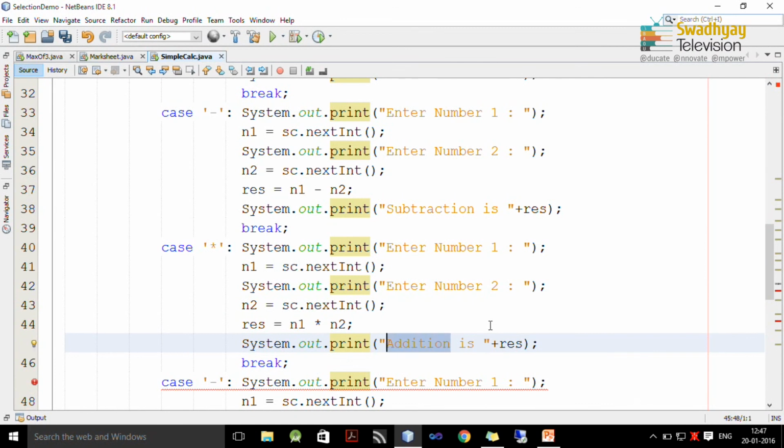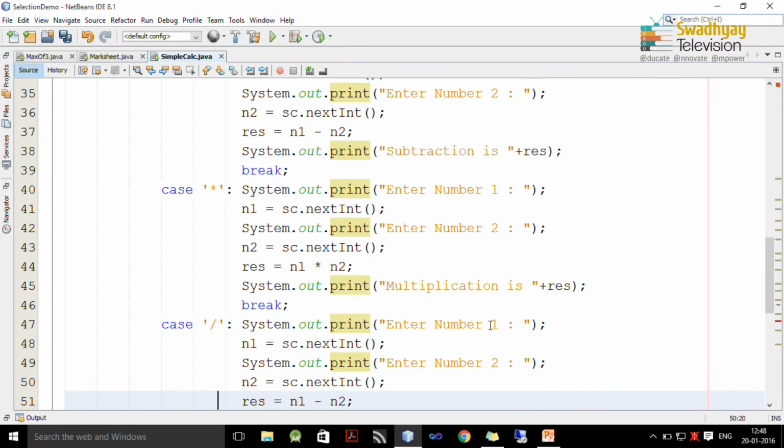multiplication in this case, and division in case 4.